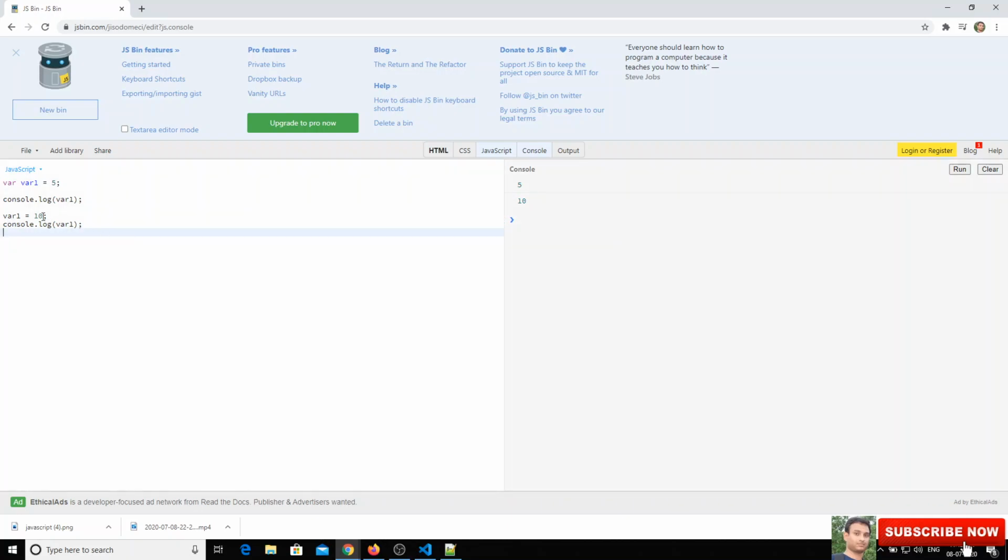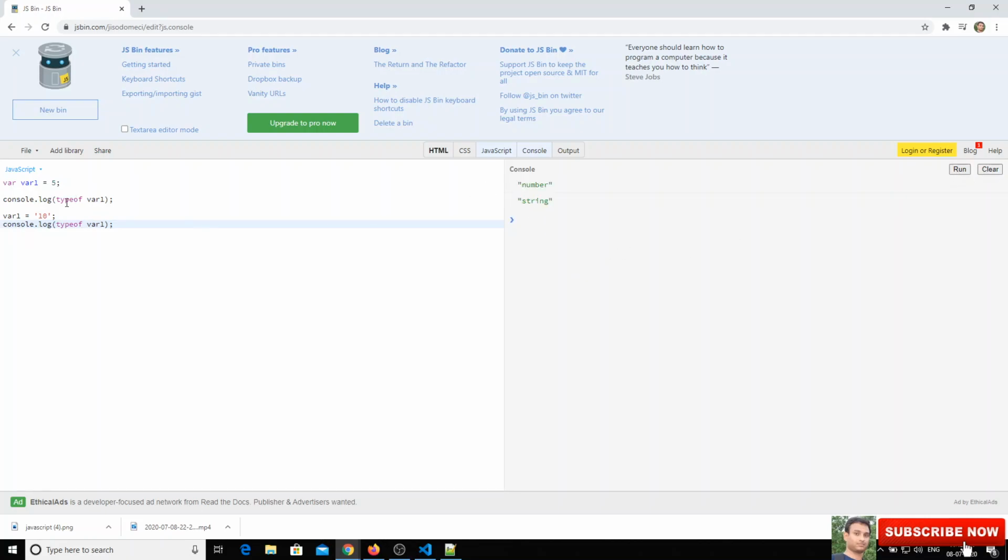Now I will take it as a string here, and try to print it again. What is happening here? We are able to print 5 and 10 in double quotes. Now I will check the typeof, here also, then clear this and run.